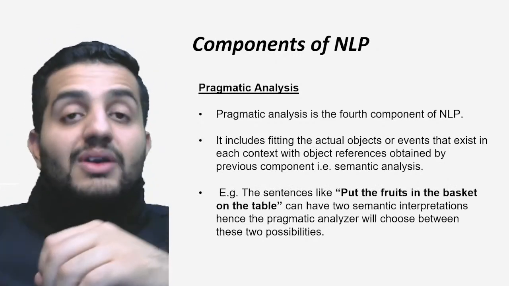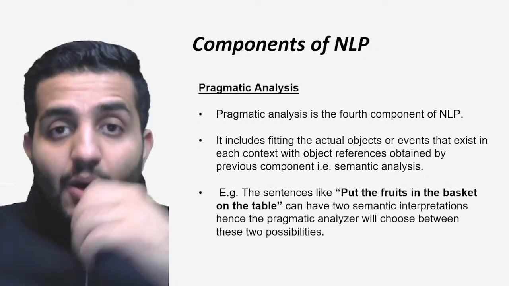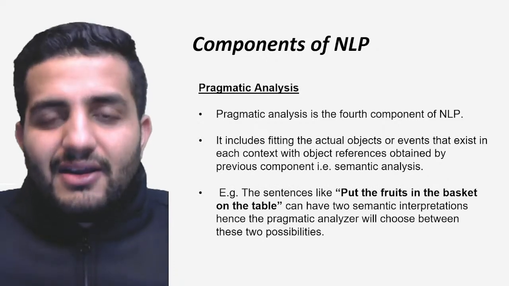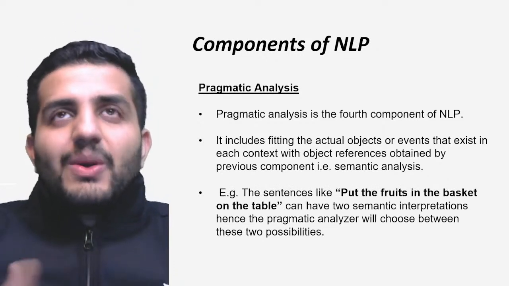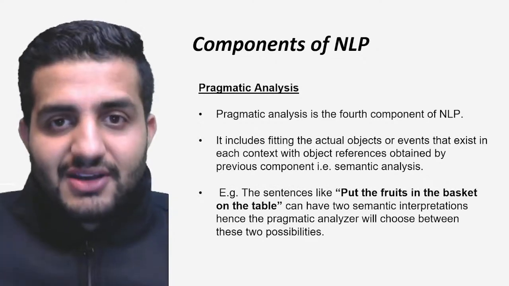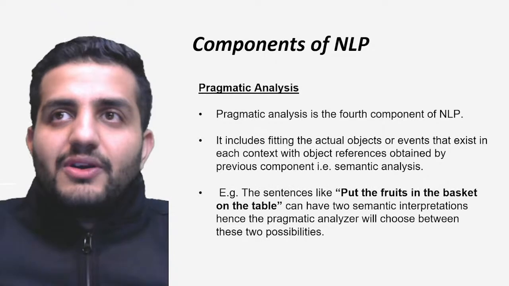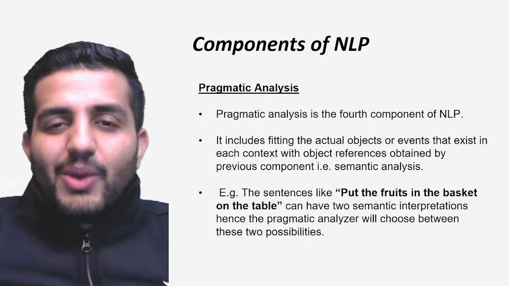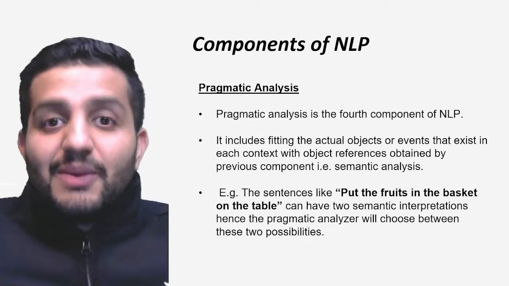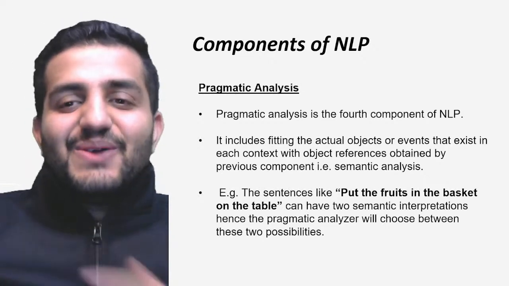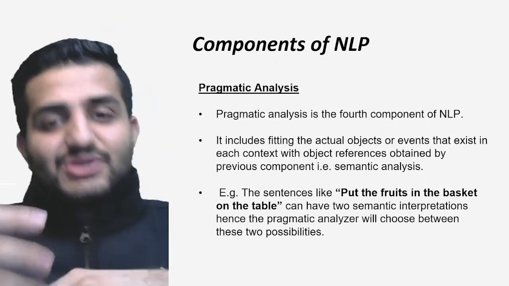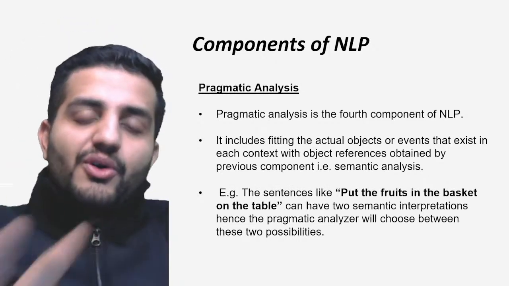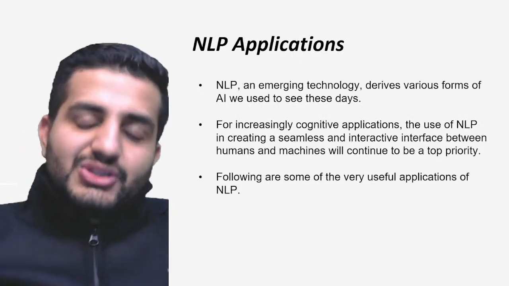And the fourth is my context. I have a sentence, and now I'm trying to understand the context of it. I would say the hidden feeling kind of thing, or more of the expression, how you talk. For example, sometimes you talk in irony. You say, hey, that movie was okay, but I'm saying it is okay when it's not actually okay. It's not that good, right? So that is where I'm trying to understand the context of my information. That's where pragmatic analysis comes into the picture. Cool. So those are your 4 components of NLP.